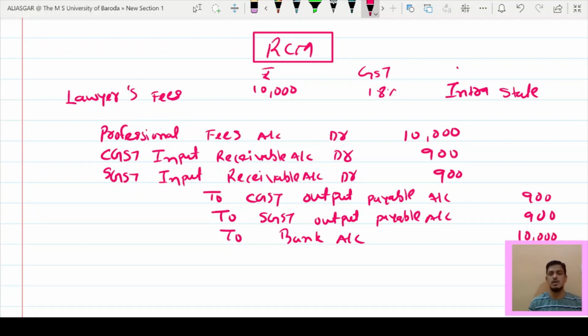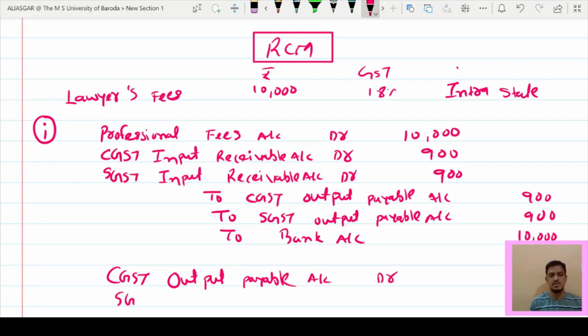Now this is the first entry. In this case you have to pass the second entry also. That means what? You have to create the liability and then you have to discharge the same. So CGST output payable account debit, SGST output payable account debit, to